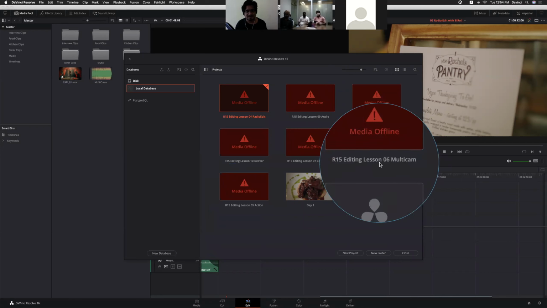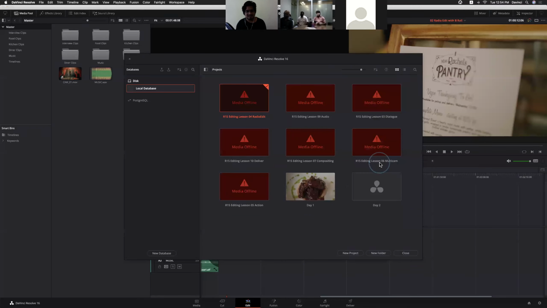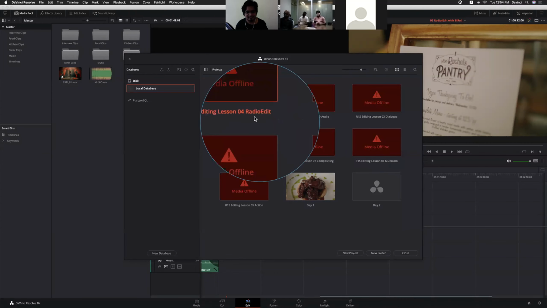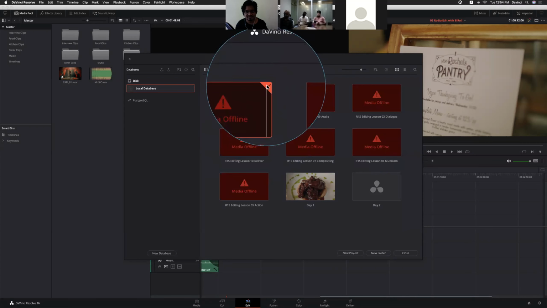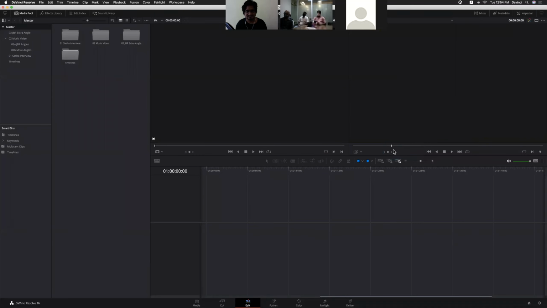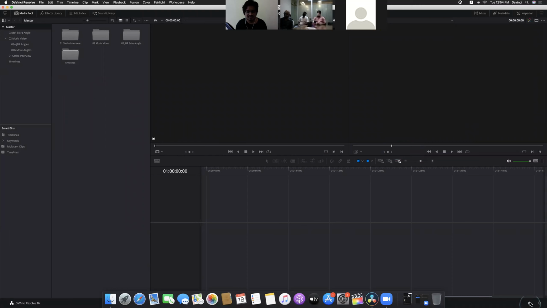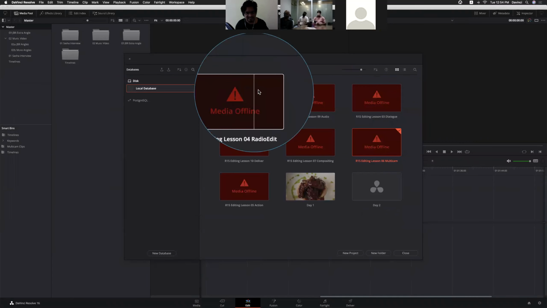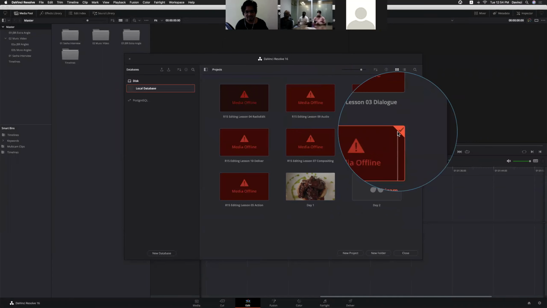multicam lesson. Okay. But see, what if you want to open multiple projects at a time? Right now we are in radio edit, right? But when I try to open this project, it will automatically close that project. Now we are seeing only this project.